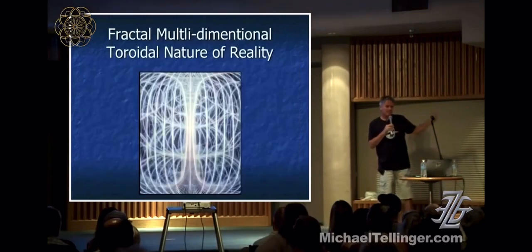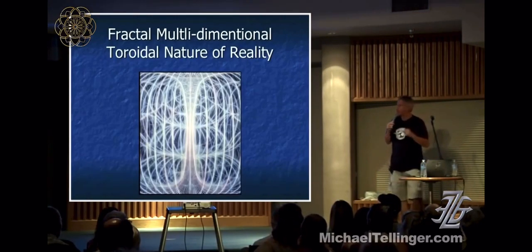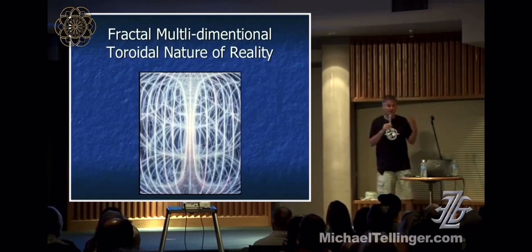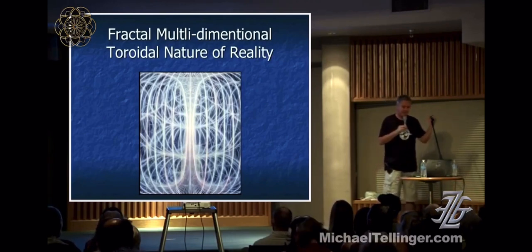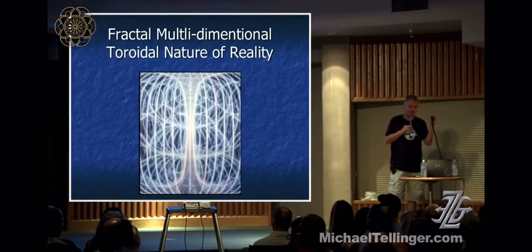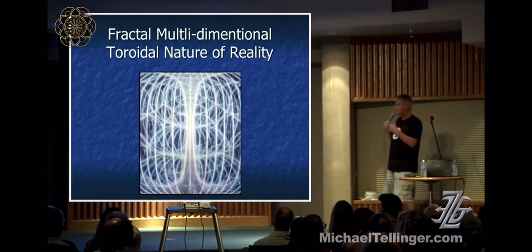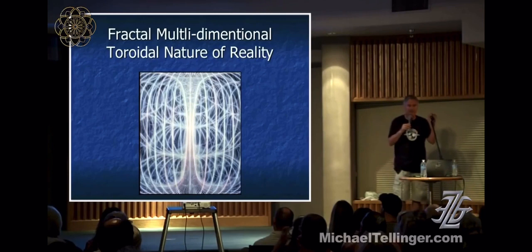So I guess this is probably one of the best descriptions of the nature of our reality around us. The fractal, multidimensional, toroidal nature of reality. That's a mouthful. But this is a beautiful image drawn by Alex Gray, who's just a spectacular artist that has done incredible work. And this just blows